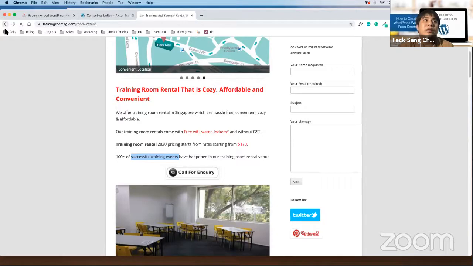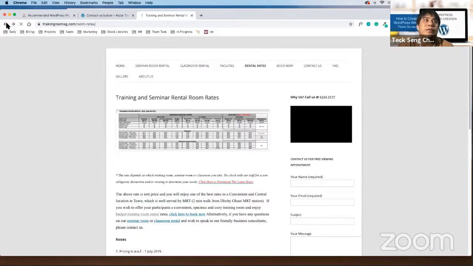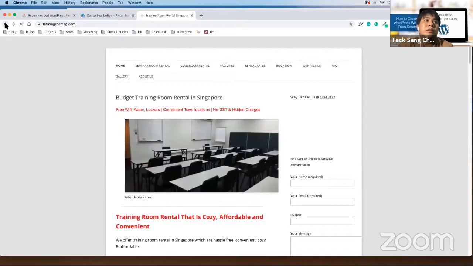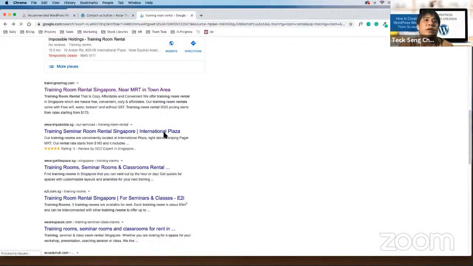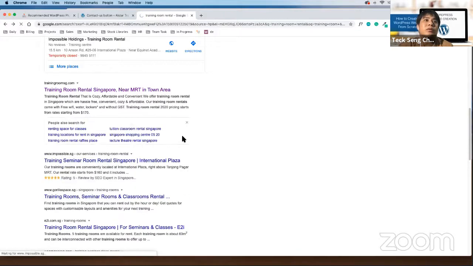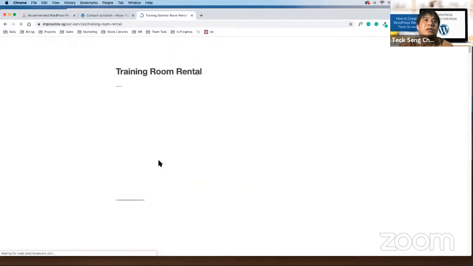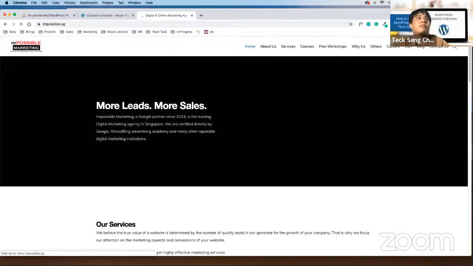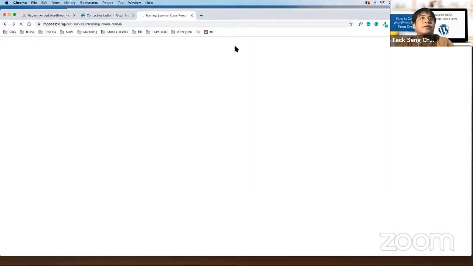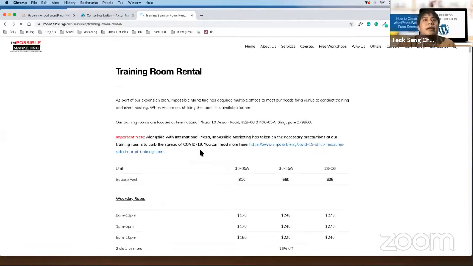If you take a look at other competitors, for example, impossible.sg, under competitor, you'll realize that they actually include other things like, for example, the square feet.